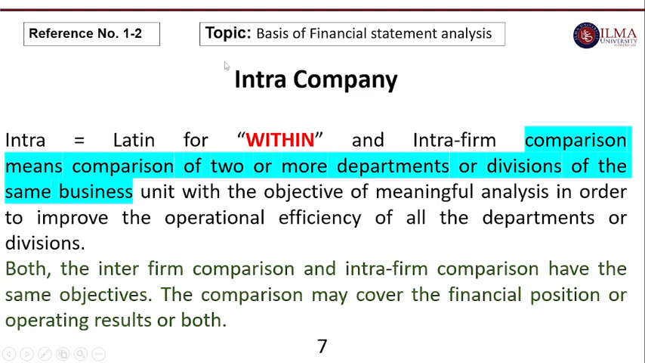So if you talk about a department, the comparison is inside the company. For example, the finance department compared with the production department: how much production was done, what the work progress is, and what the results of the two departments are. This type of comparison is known as intra company comparison. Okay,